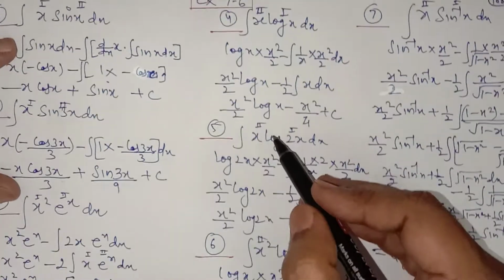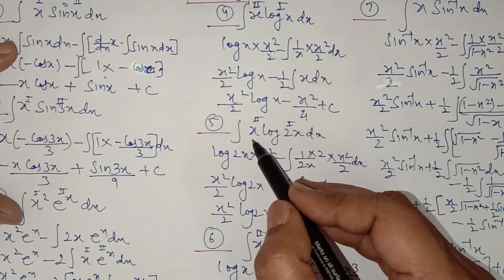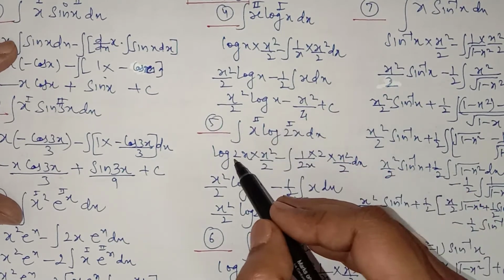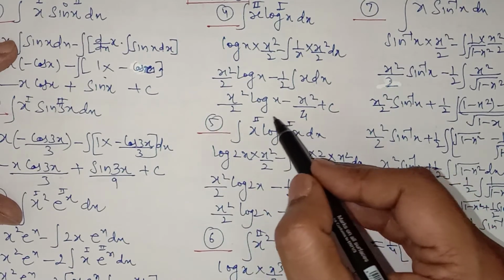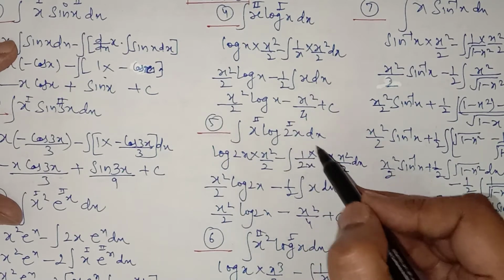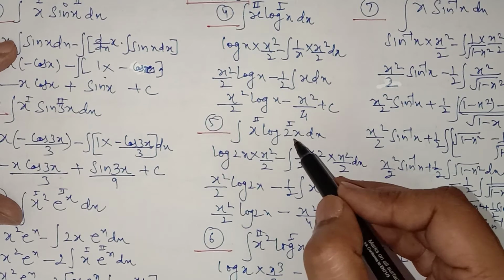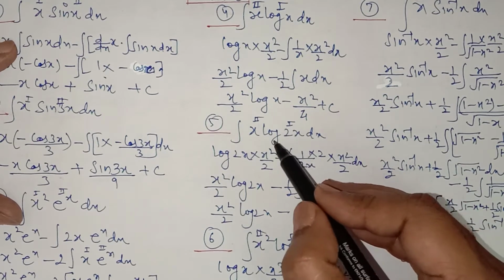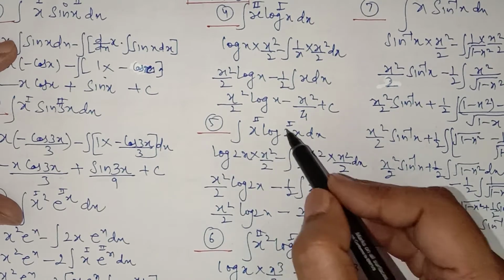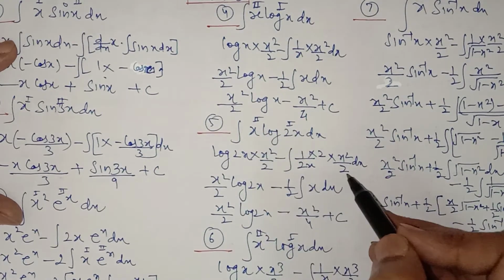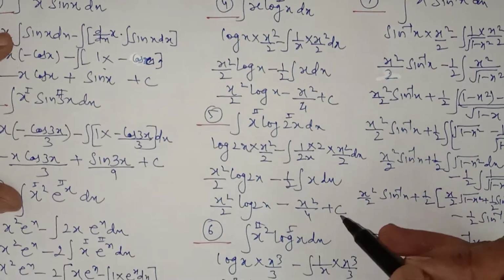Again we have algebraic and logarithmic. So logarithmic function first, algebraic as second. The first function as it is, integration of second, which is x square upon 2, minus derivative of the first, which is 1 upon 2x into 2. I know you have a good command over the differentiation and basic integrals. So derivative of log 2x is 1 upon 2x into 2, multiplied by this x square upon 2, which is the integral of the second function. Arrange it, you are getting only x in the integral, so integral of x is x square upon 2.